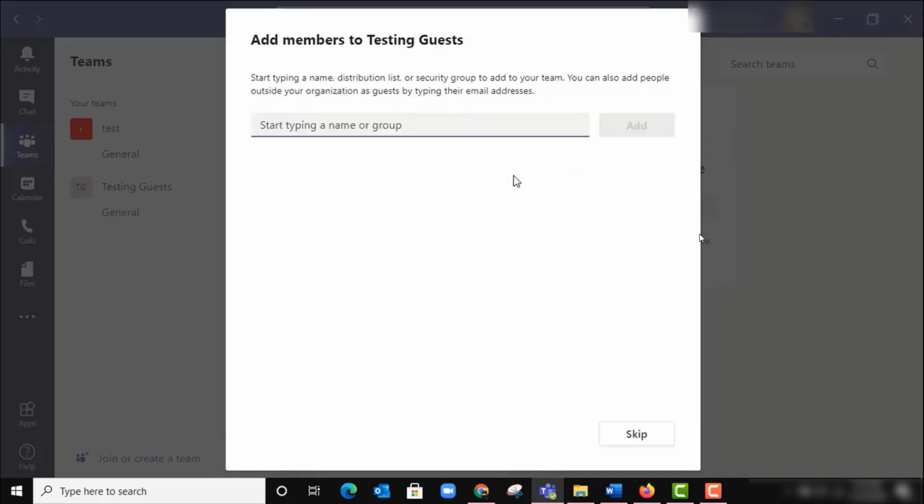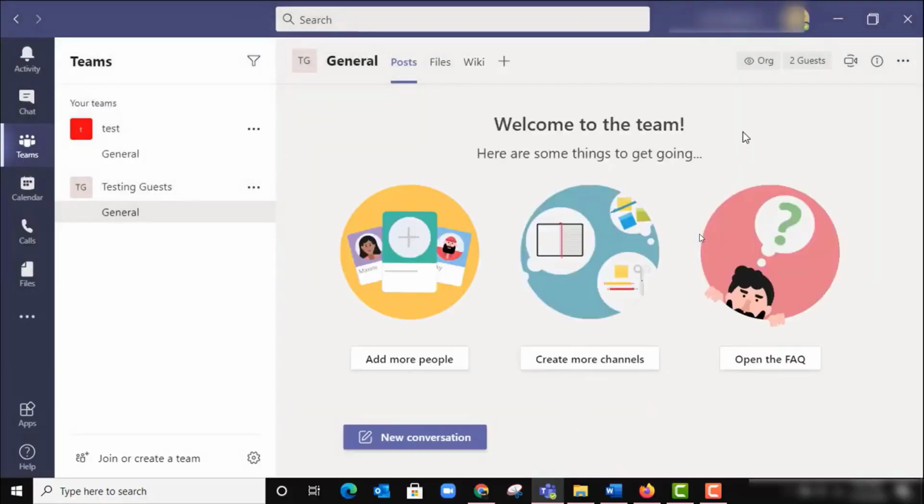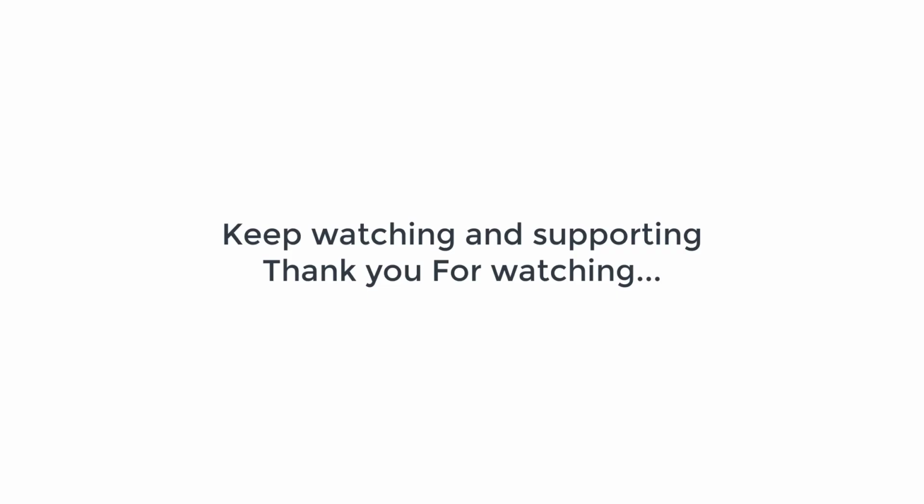Teams created. Now I will type my external Gmail here. So let's try. Okay. Select, click add, close. See, now two guests are here in this Teams group. One is mine and second I have added